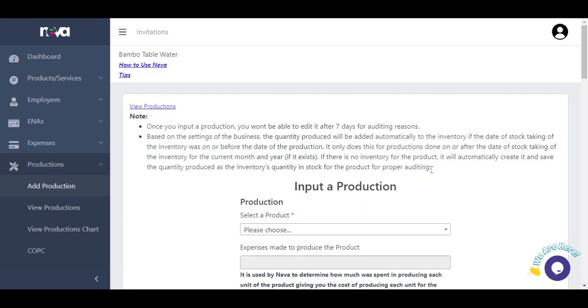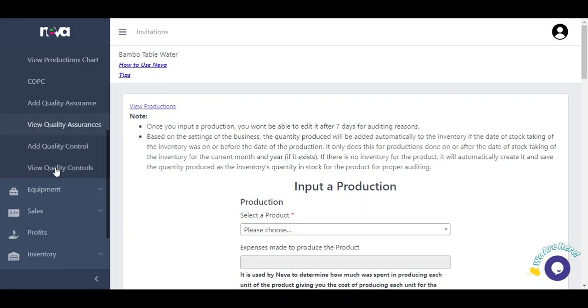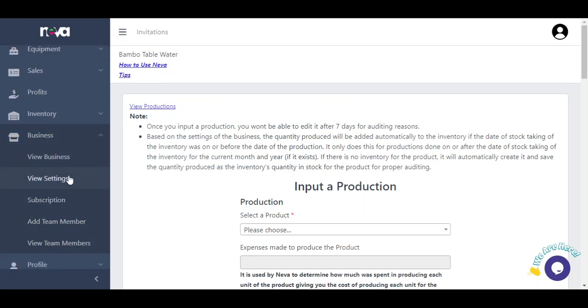And then from this, what we can see here, what this actually means is if you come to view settings and click on it, you will see the option there that is set to yes, which means it asks you if you want the inventory to be audited on each production record. What that means is if there is no inventory for the product you just want to input the production record for that month and year, it will create the record and set the quantity produced to the quantity in stock. But if